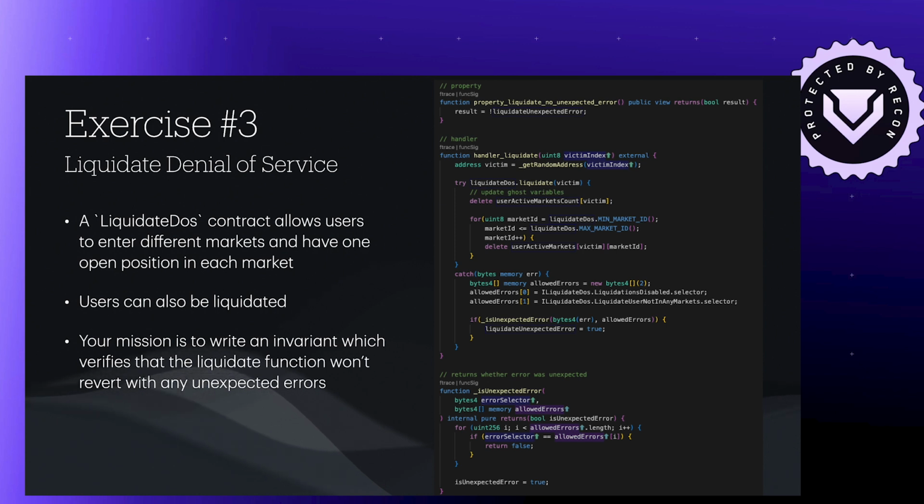Okay. So how can we implement DOS invariants? Well, there's a few different ways we can do it, but the most cross-platform way that I've seen is that we take the handler, this function handler liquidate, and we use a try catch to wrap the underlying call to the underlying function. And then if the call is successful, if it got liquidated, then we update some ghost variables and do what we need to do. But if we did get an error, then we just create this array of the allowed